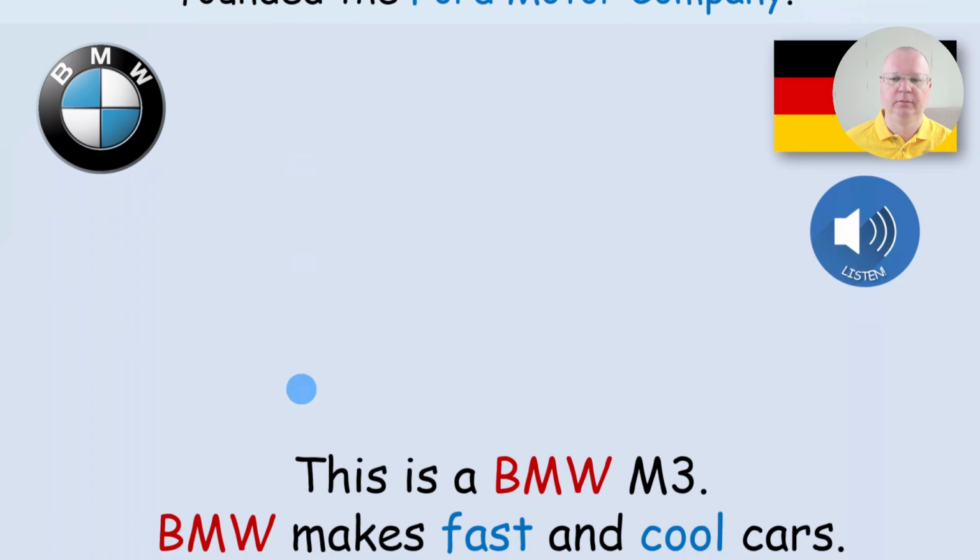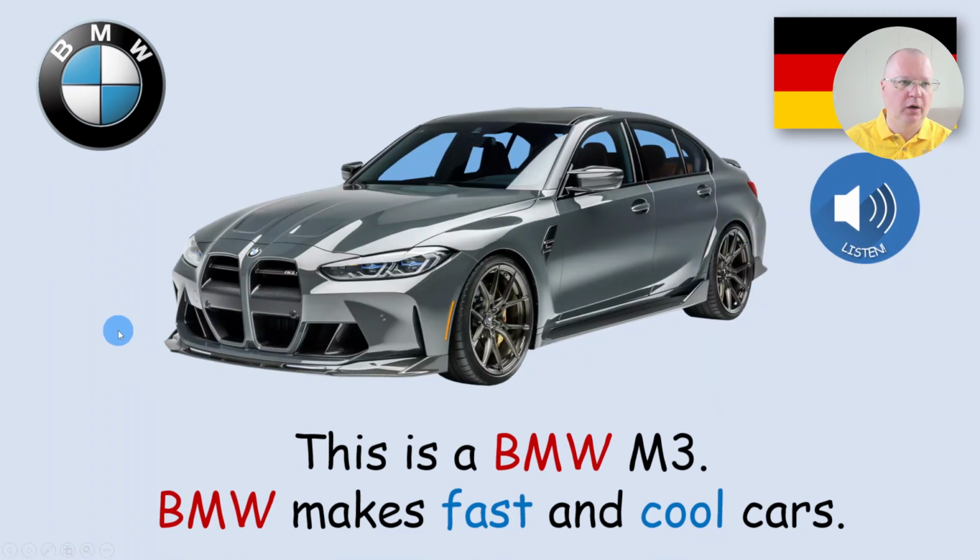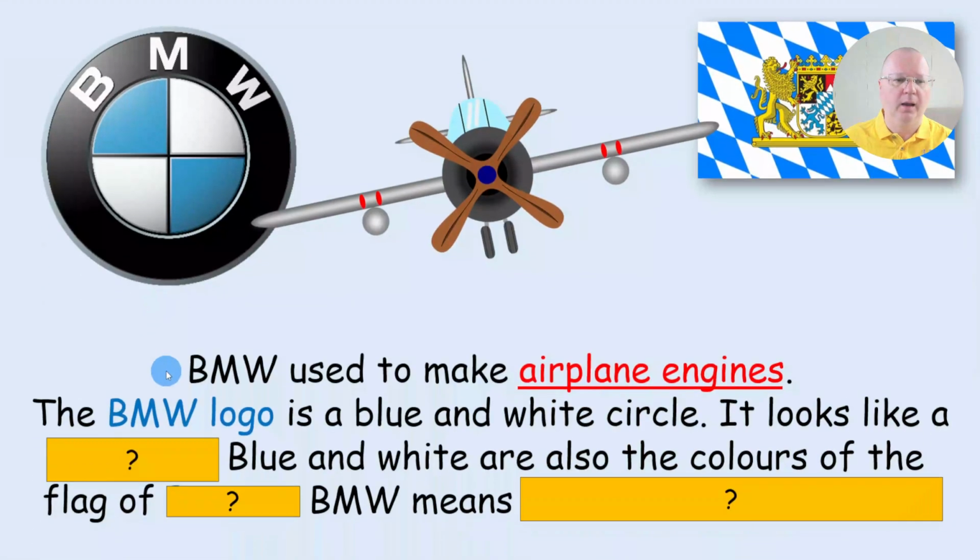Okay. Let's continue. Next car is a BMW. So this is a BMW M3. BMW makes fast and cool cars. Also, you can tell them that in German it's pronounced differently, the way the letters are read in German. And